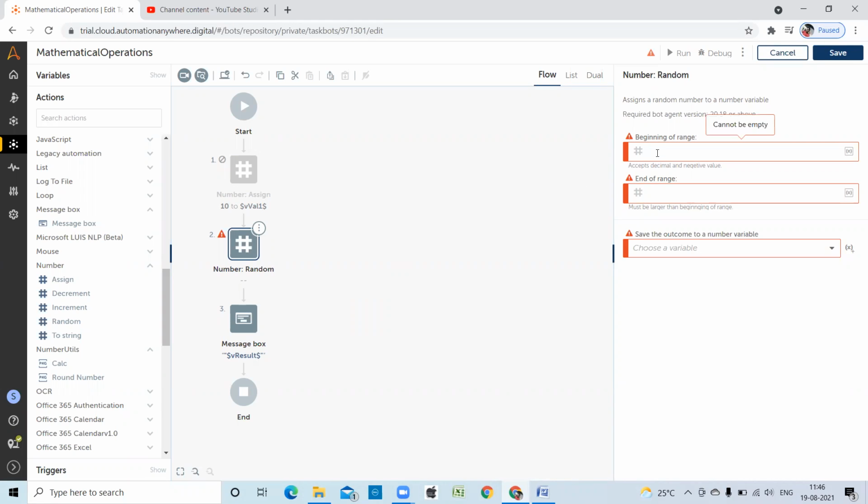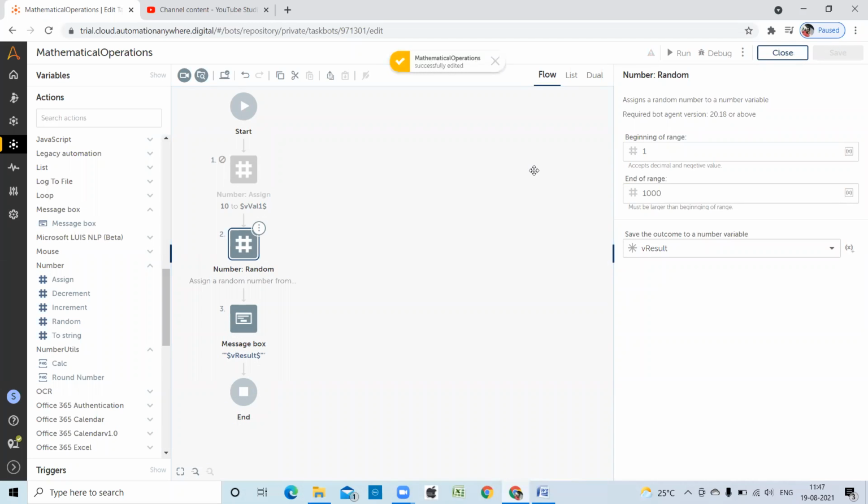For example, I'm providing 1 to 1000. Every time I execute this task, it displays one random value between 1 and 1000. I'm displaying the result here.